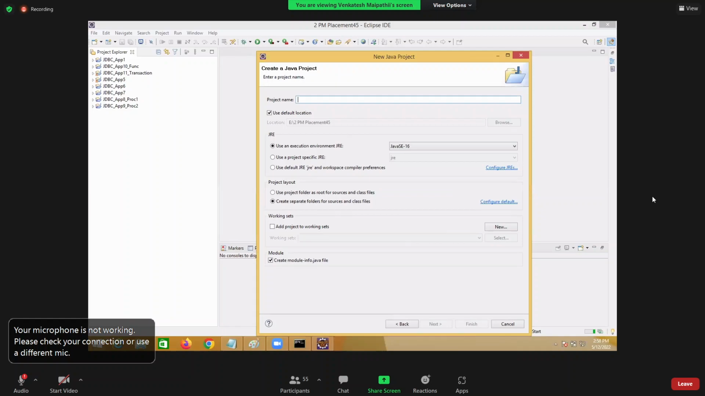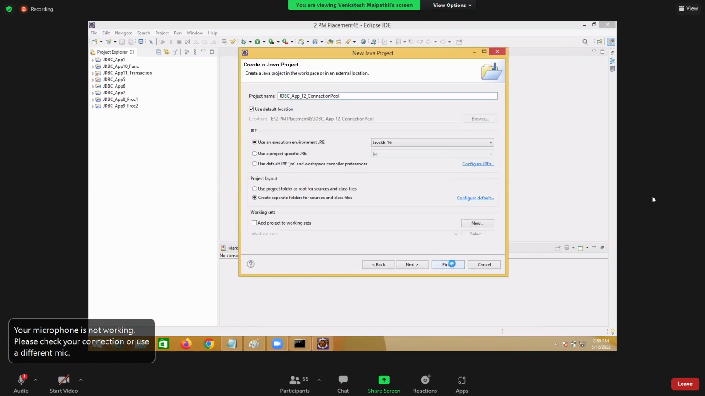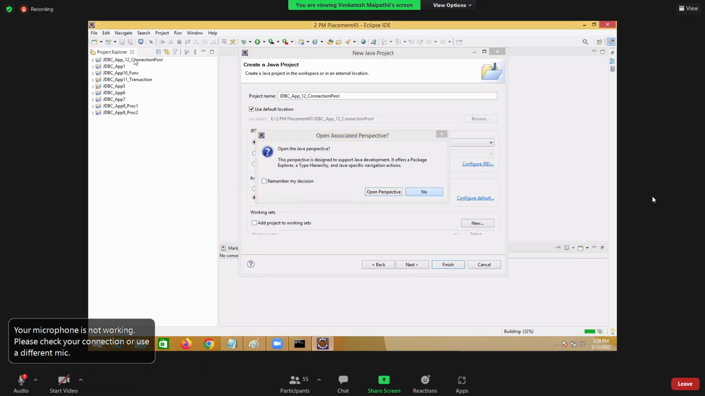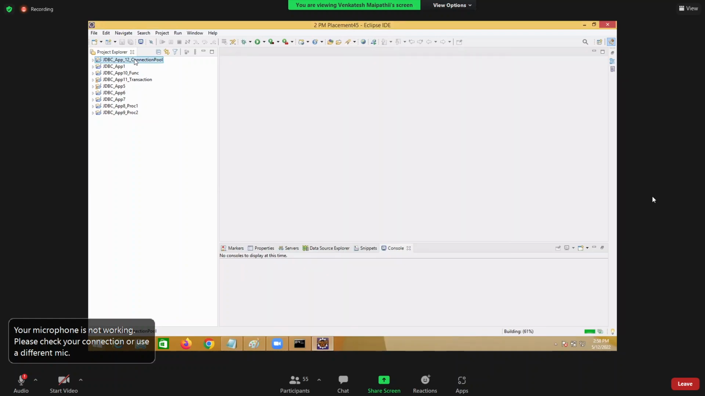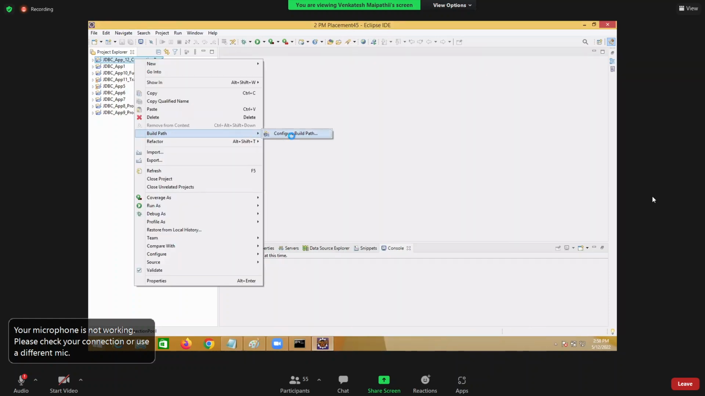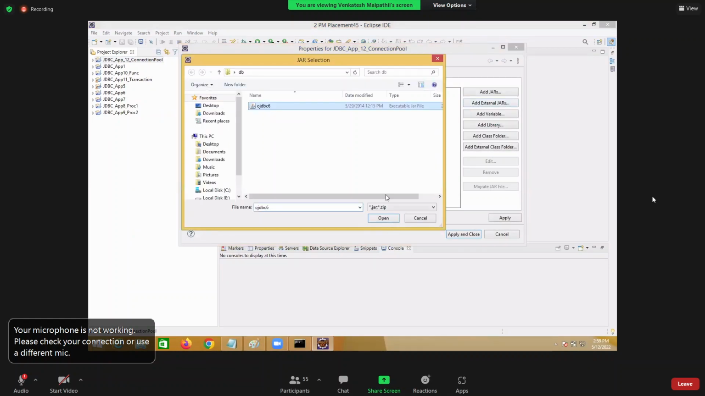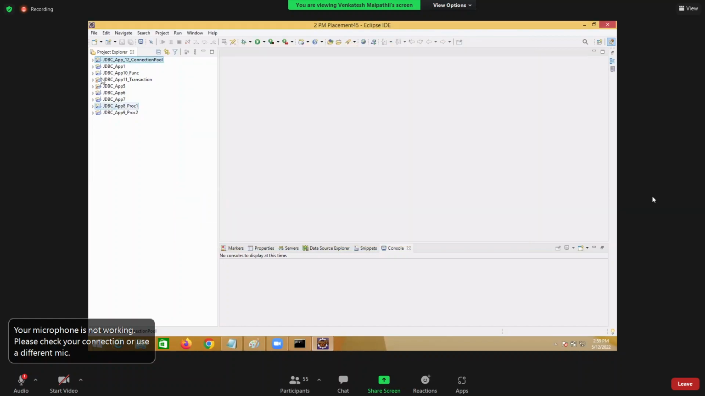JDBC application. So it is 12 and this is connection pool. This is connection pool. Add the jar file: right click, build path, configure build path, add external jar, add it. Now,